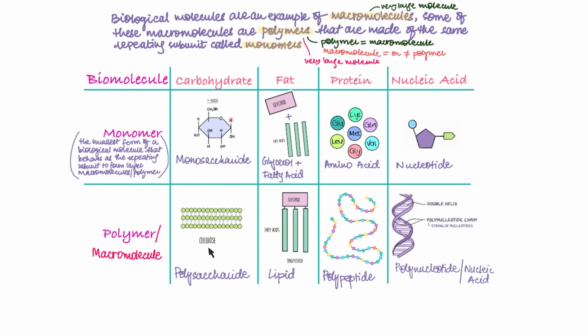Carbohydrates actually end up making polysaccharides. Another name for nucleic acids is polynucleotides, and proteins are actually forming polypeptides. The term poly in all of this indicates many. So there are many saccharide molecules in carbohydrates, many nucleotide molecules in polynucleotides, which basically means nucleic acids, and there are many peptide molecules inside a